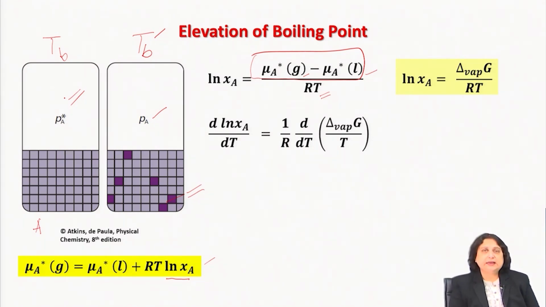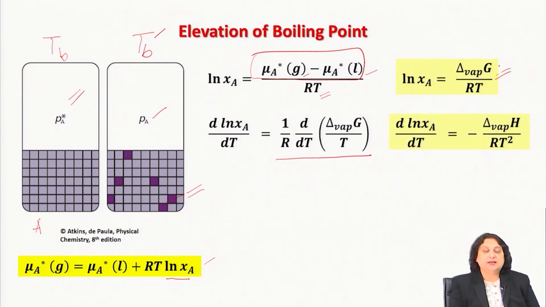Therefore, I can take an absolute derivative with respect to T of ln Xa, and this turns out to be 1 by R, then d by dT of whatever is remaining from this expression. But this can be simplified further, because by the use of the Gibbs-Helmholtz equation,